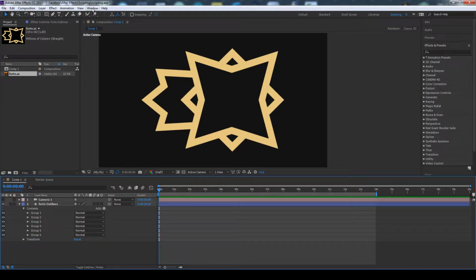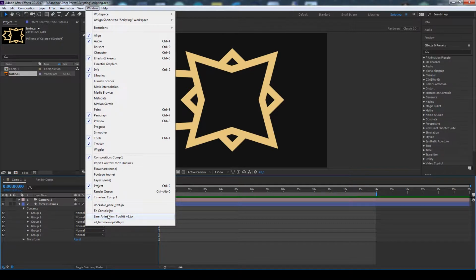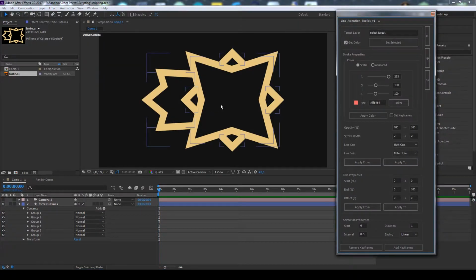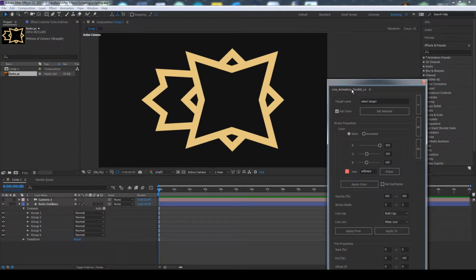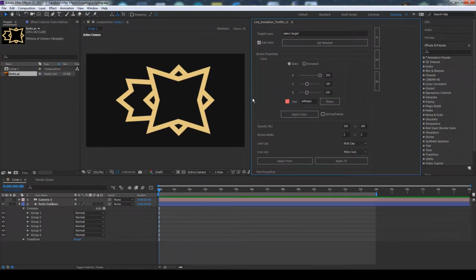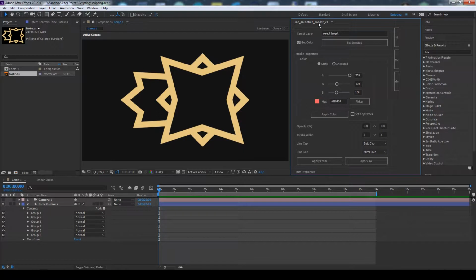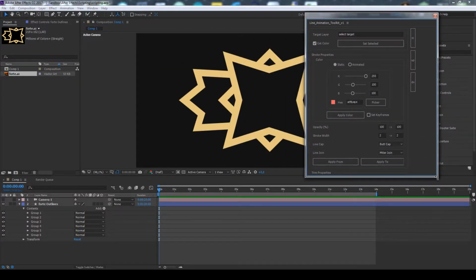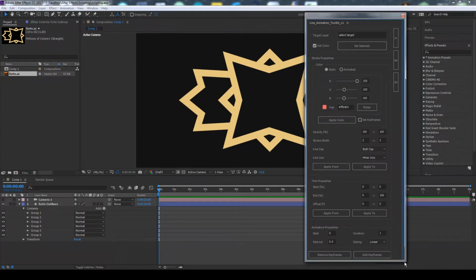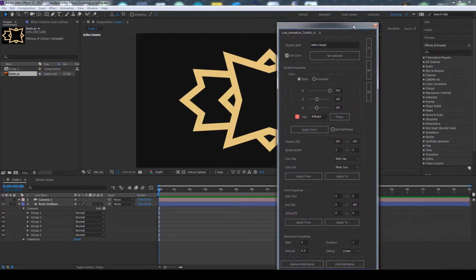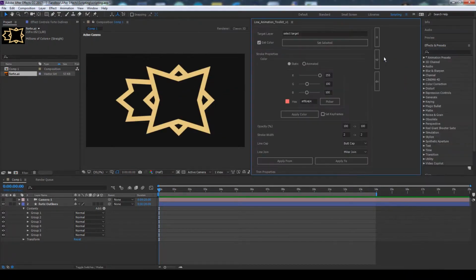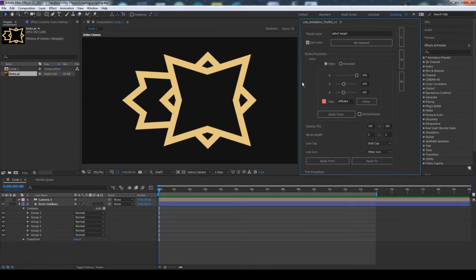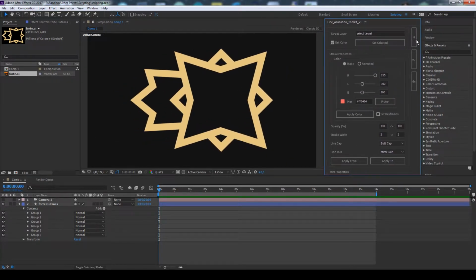So I'm going to pull it up from the window menu because the script is designed to work just like a normal panel that we can actually dock to the interface, as you can see. But I'm going to work with it here in a window format so we can actually see all of the options. And when we are not seeing all of the options of the script, I couldn't implement scroll bars apparently,